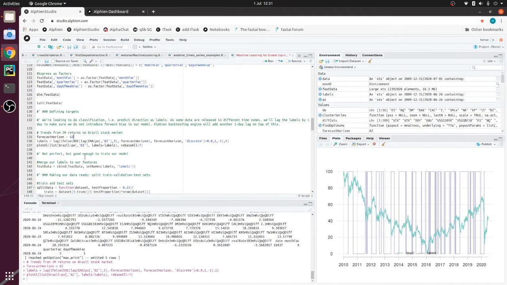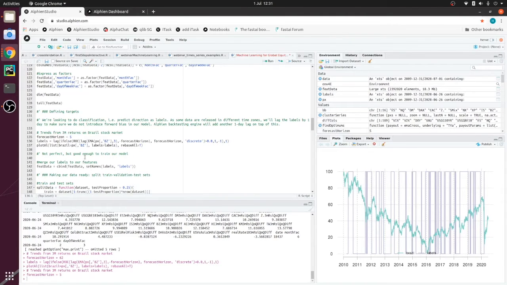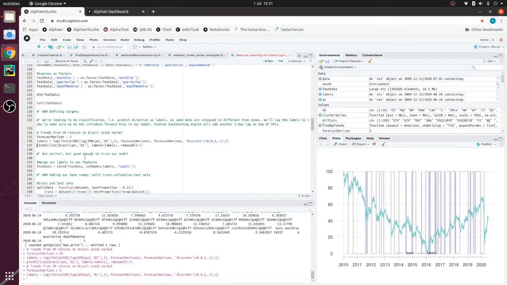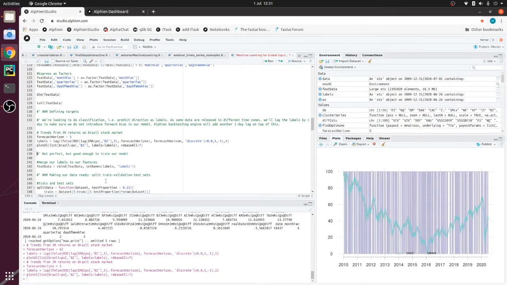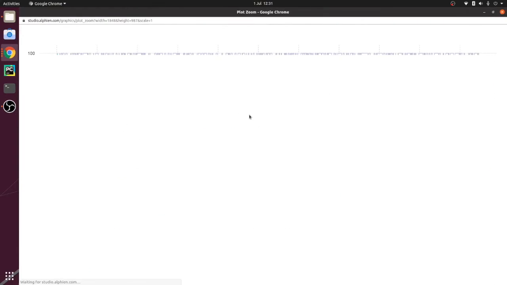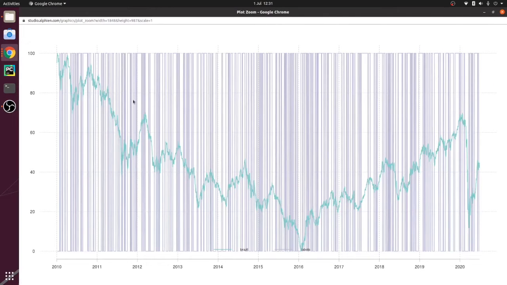Indeed, many people use very short-term forecasting. For example, if you use, I don't know, 5-day forecasting, which I'm not going to use here, it's just to show you, you obtain something like this, which is very noisy. So your model is going to have much more trouble defining the correct labels, and more specifically, as you